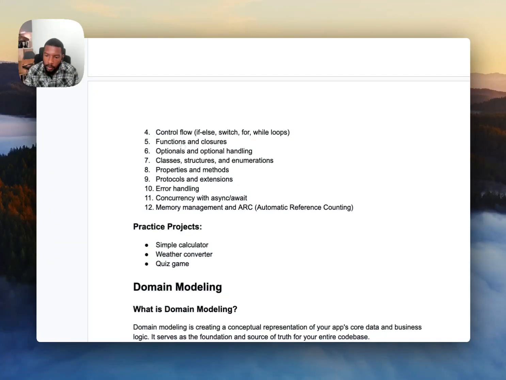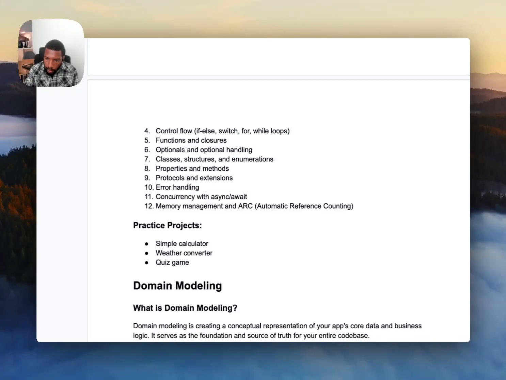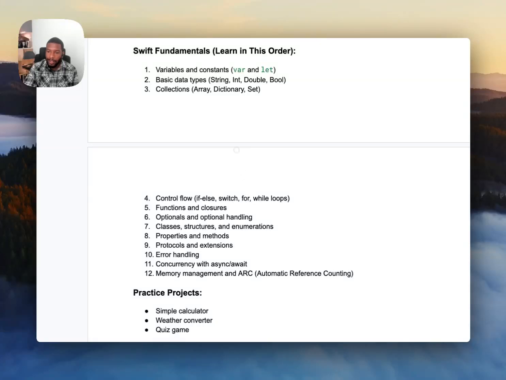Understanding the idea of optionals and handling optionals, the difference between classes and structures and enums, properties on the models, protocols, handling errors, and a new paradigm called concurrency with async await, memory management, and ARC, so automatic reference counting. These are the only things and topics that I would focus on as a beginner looking to break into